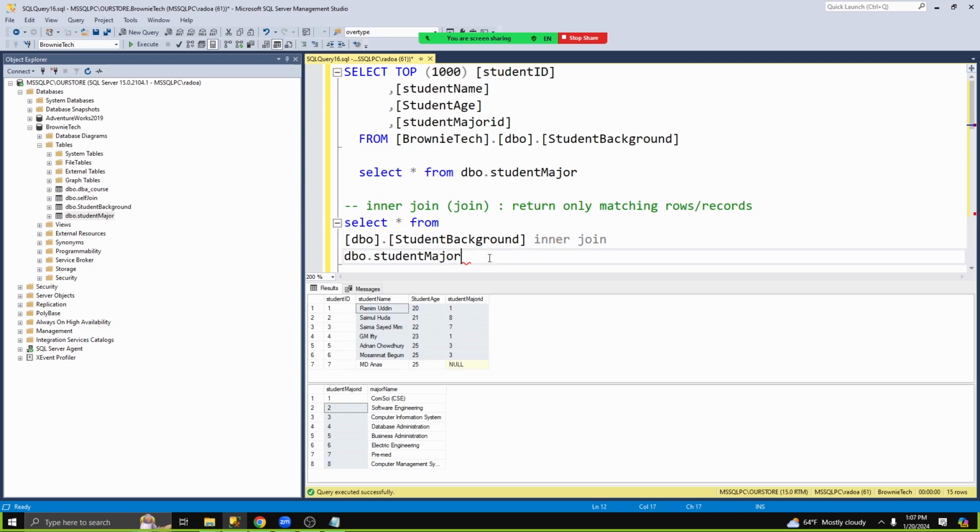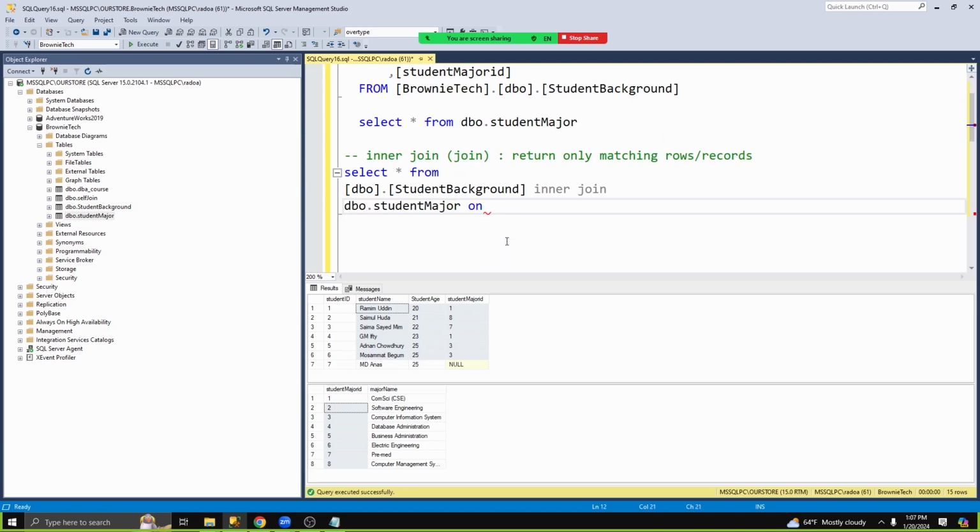So inner join, then on, based on what, based on আমাদের যে টেবিলের কলাম যেটার সাথে এটা ম্যাচ আছে, স্টুডেন্ট মেজর আইডির দ্বারা আমরা ম্যাচ করে রাখতেছি। মেজর আইডির দ্বারাই তো আমাদের কানেকশন করা আছে। আমাদের ফরেন কি সেট করা আছে এখানে স্টুডেন্ট মেজর আইডির দ্বারা। এই টেবিলের প্রাইমারি কি এখানে ফরেন কি। I think you guys know what I'm talking about because I showed you in previous class. If you're still confused on this one, please go watch this previous video or you can ask me right now. So আমরা কি করতেছি, select from